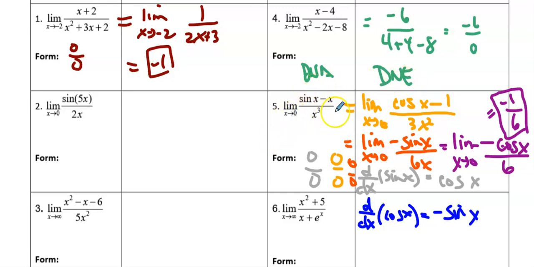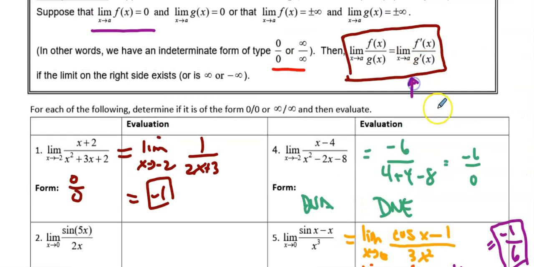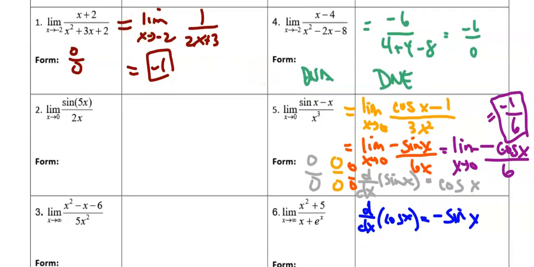And then for question number 5, I've shown you guys multiple steps to get to the answer. Okay? But hopefully you're getting the idea. L'Hopital is as simple as what you see right there. If you get an indeterminate form, you just keep finding the derivative of the top and the derivative of the bottom, and you check it. And if it's still 0 over 0, you keep going until it's not 0 over 0. All right? So if we look at example number 2,